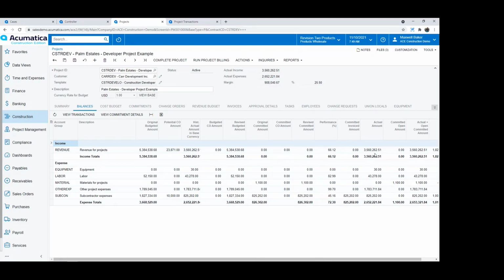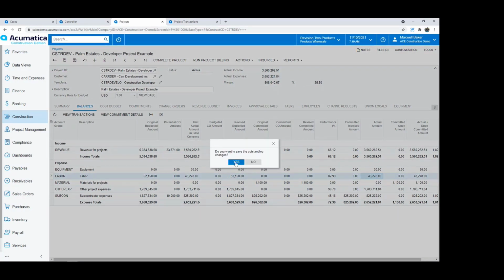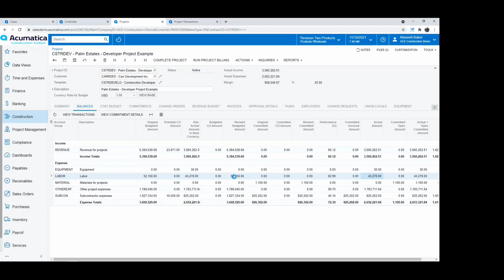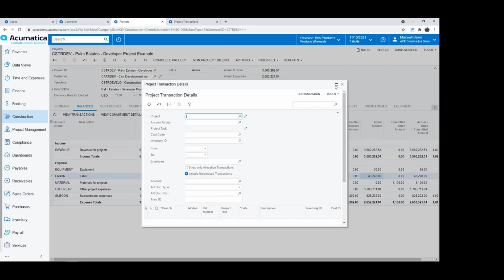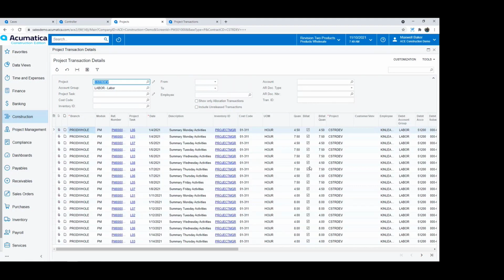And if I want to drill down on any of this information, for example, we've got $43,000 in labor on this project. I can highlight that labor item and come up here and say, show me the transactions. I want to view those transactions. So it's going to automatically pop open those transactions related to labor on the expense side and show us each one of those. So again, the ability to drill down to whatever level of detail that you want to see,